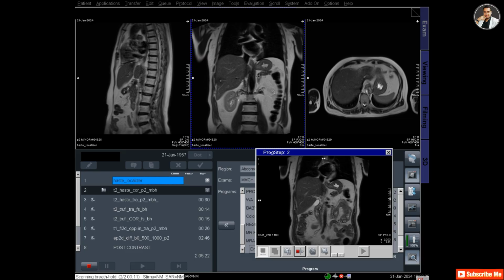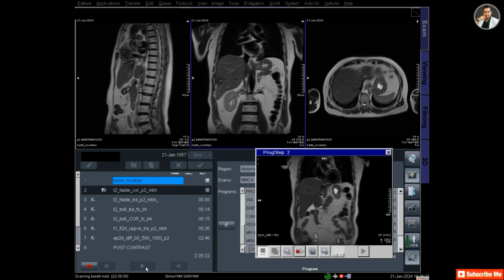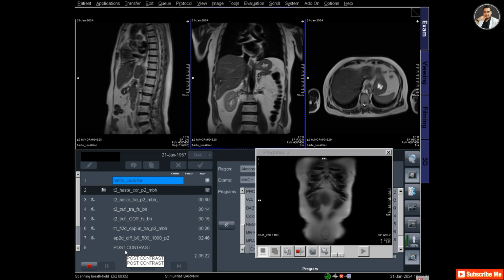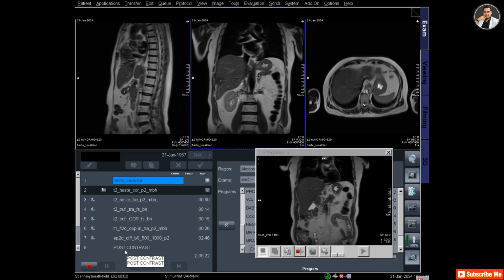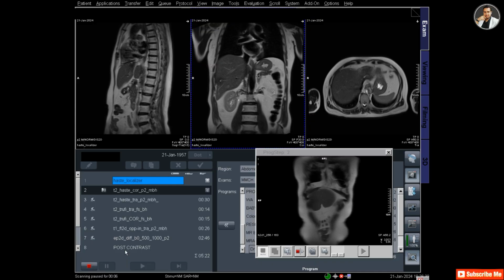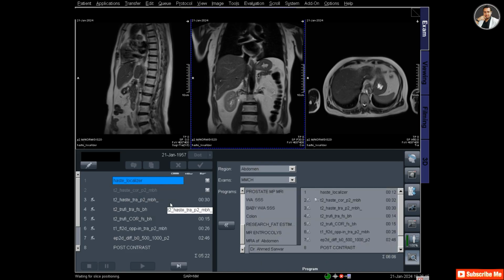And again tell the patient to hold his breath and click the play button, and the scan will start for 10 seconds. Now the coronal scan has completed.